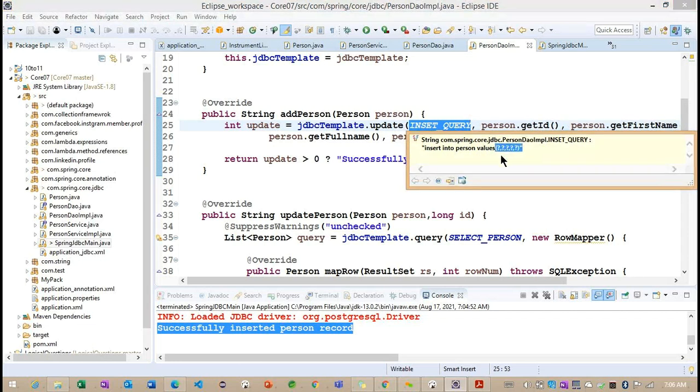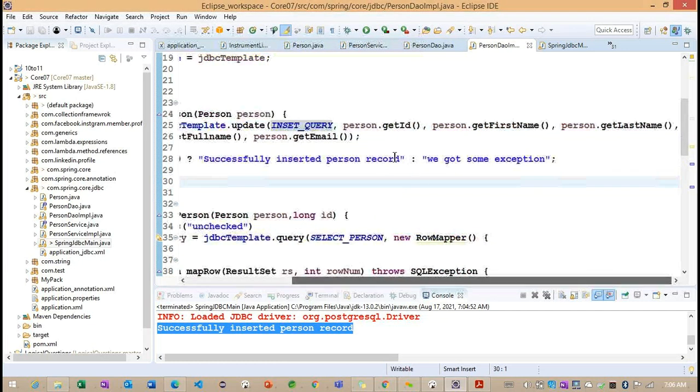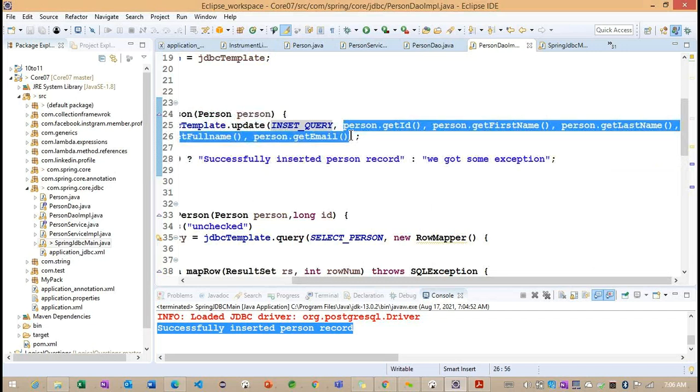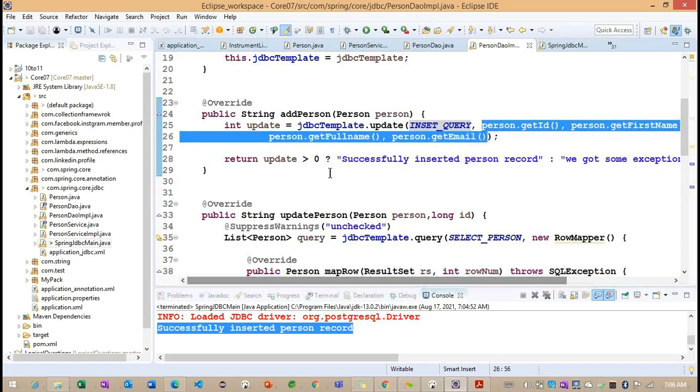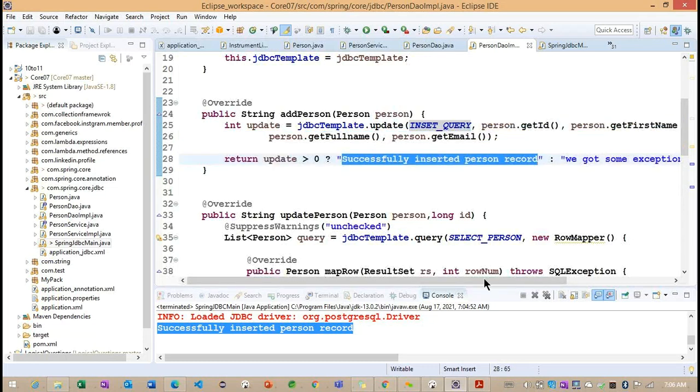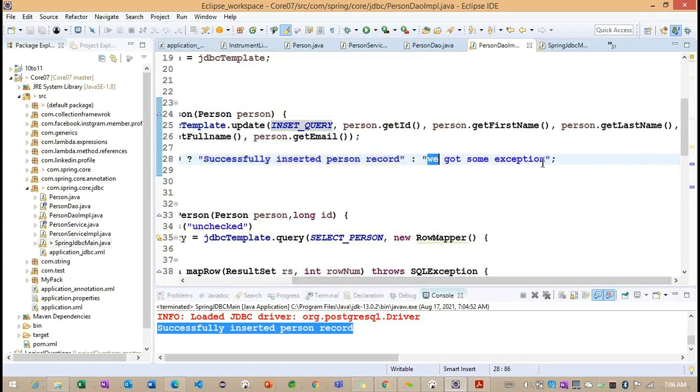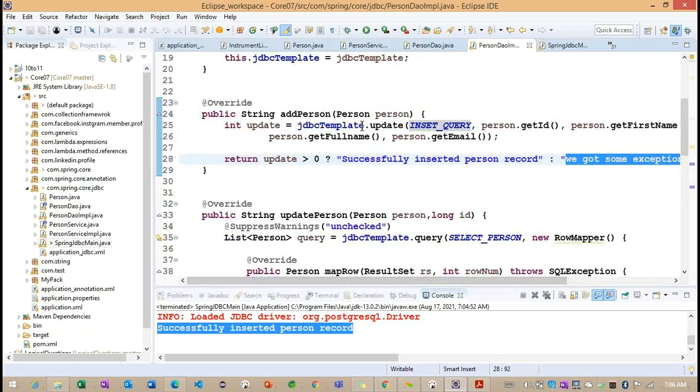With the help of these values, we are passing these parameters to insert the data. Once inserted successfully, we get this message, otherwise we get exception related information. This is all about the addPerson method.